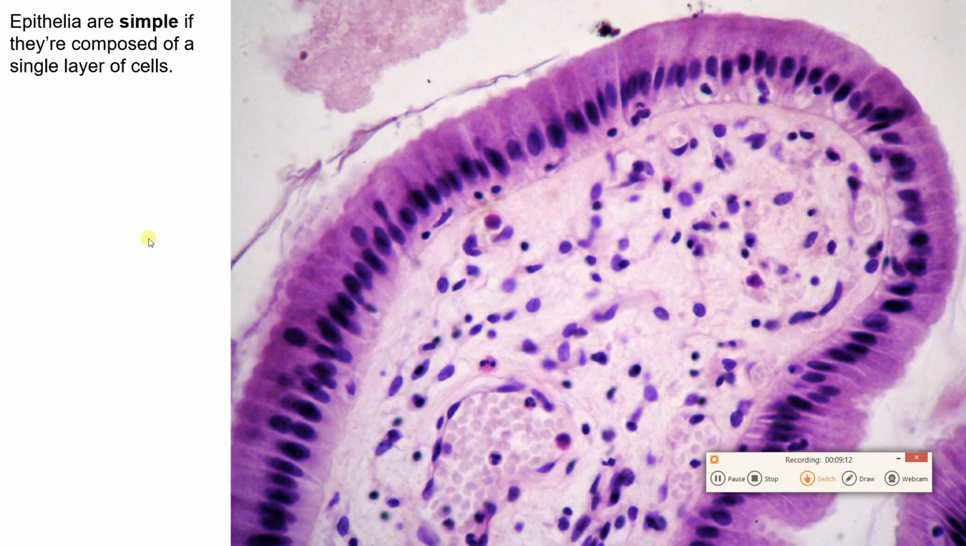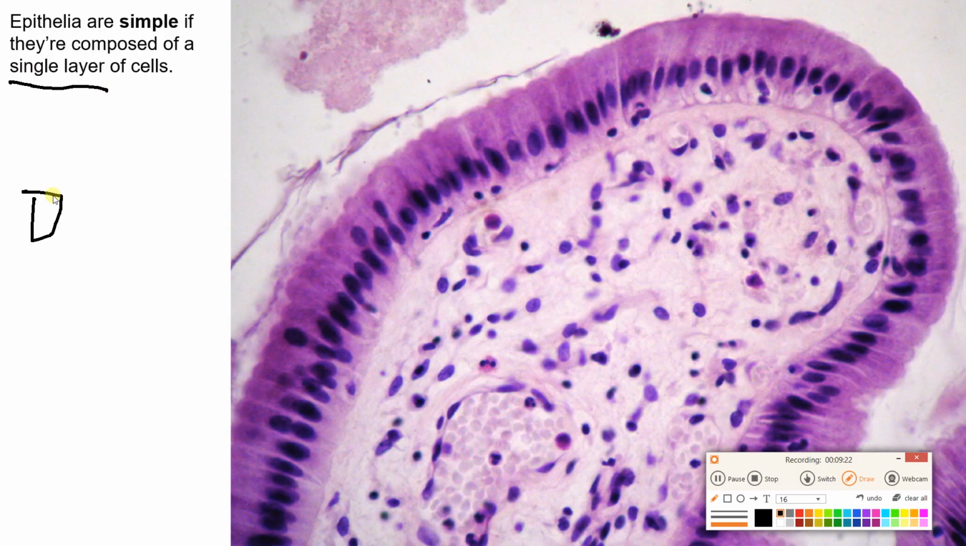We also will describe epithelial tissue as being simple if they're composed of a single layer of cells. So if you just have one cell and then another cell and another cell and another cell, and they're just in a row like this, that is a simple epithelium. So no cells on top of each other, just one row. So like if you look at this tissue I have here, again, this is the lining of my small intestine. This is my lumen up here. And what I can basically do is I can